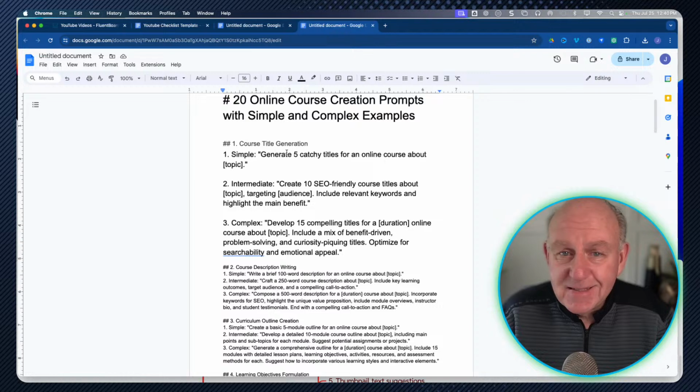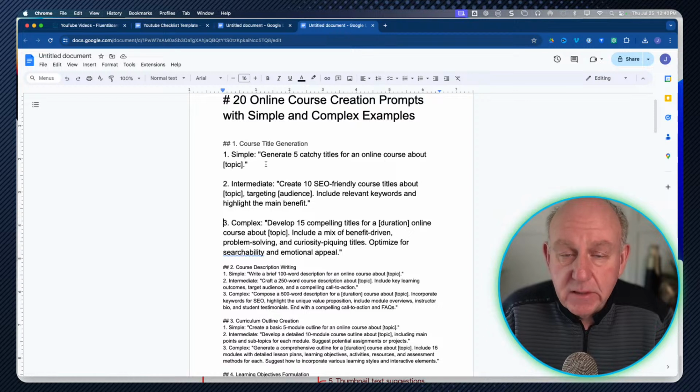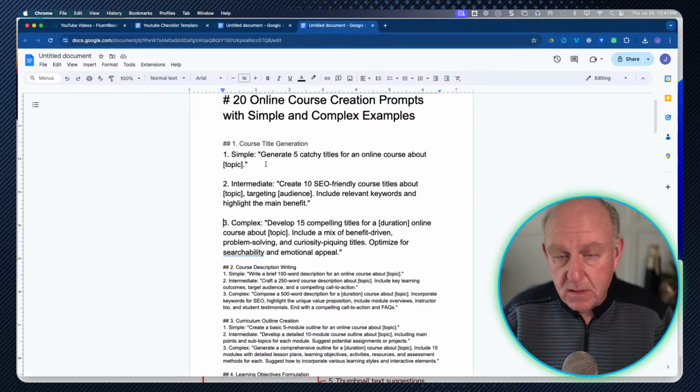You can use a simple prompt, and the simple prompt is, generate 5 catchy titles for an online course about this. And if you're getting into the different kind of prompts, and you've heard about doing things like user or role-based prompts, for example, act as if you are an expert educator and online course creator, and generate 5 catchy titles for an online course about a topic.